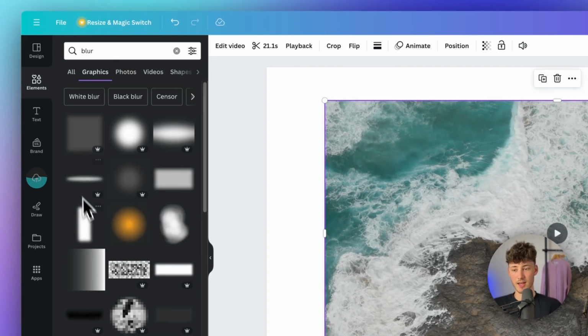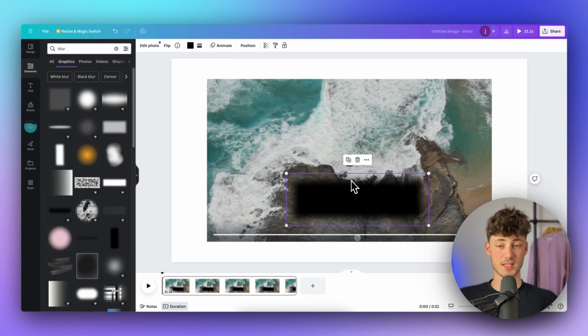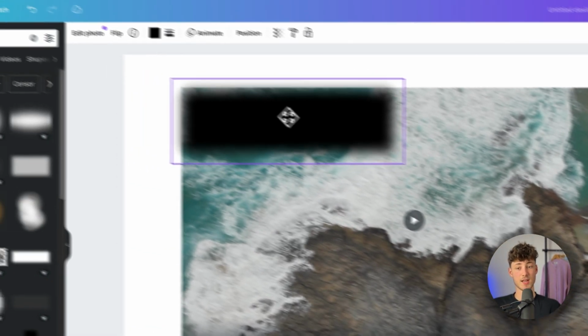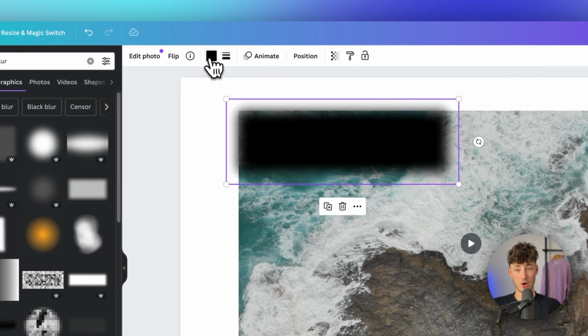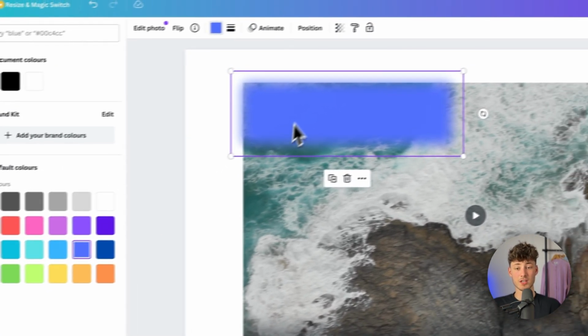In this case, I guess I will just go for this one right here. Actually, you can also use this one. This is just going to come down to your personal preferences, and I can then actually blur out certain parts of the video. I can also change the color by using this picker right here,